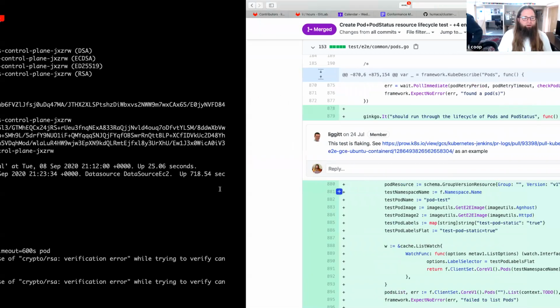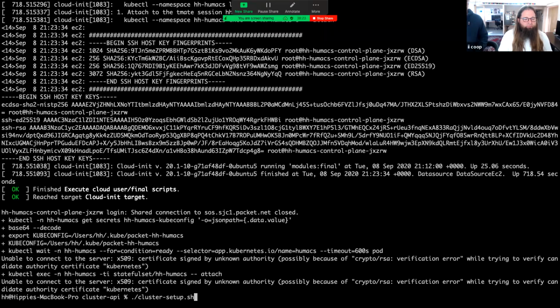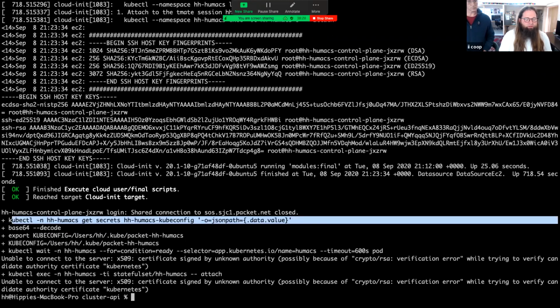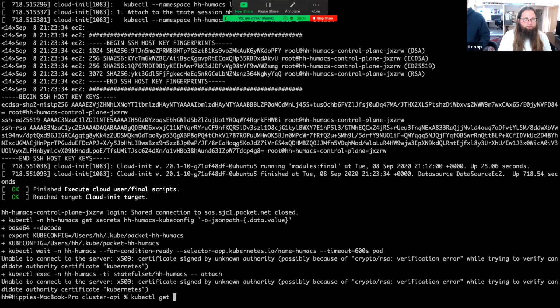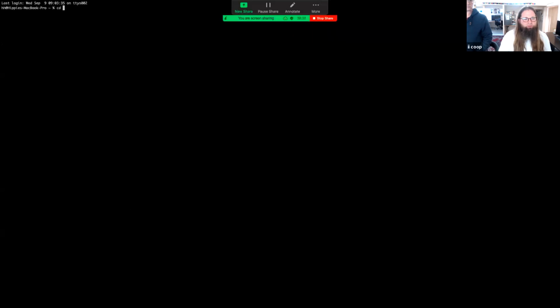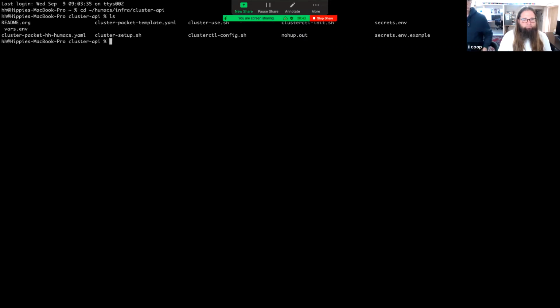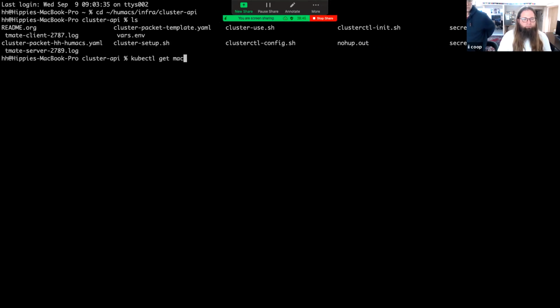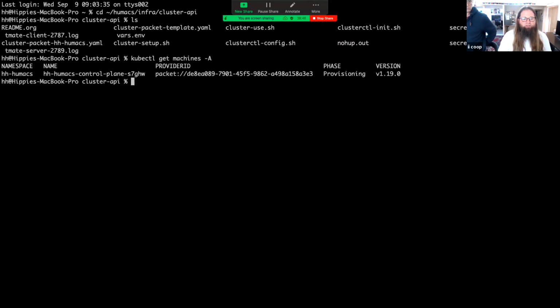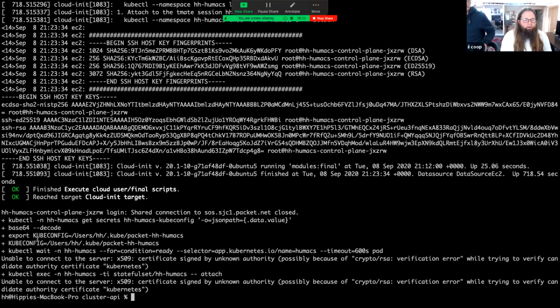Yeah, and what I'm waiting for here is for this to come up. We missed those last couple of steps there. So let me see which cluster I'm on. Kubectl get, actually I'll do this, I'm just going to create a new one just to make sure. So in my infra cluster API folder, if I do kubectl get machines all, we can see that the packet ID is the packet physical machine there. And I just wanted to make sure that if I communicate to that cluster, I'm going to run these 3 commands in the other window